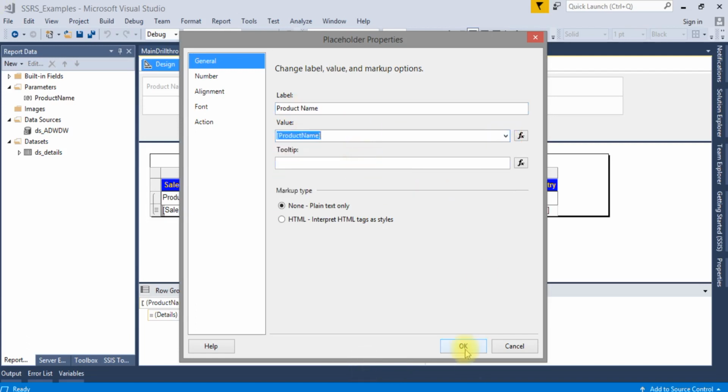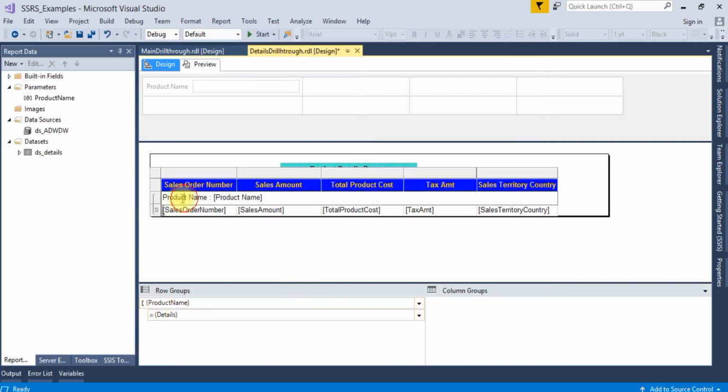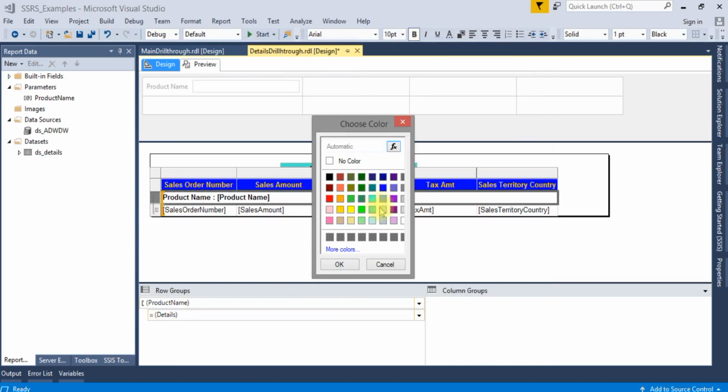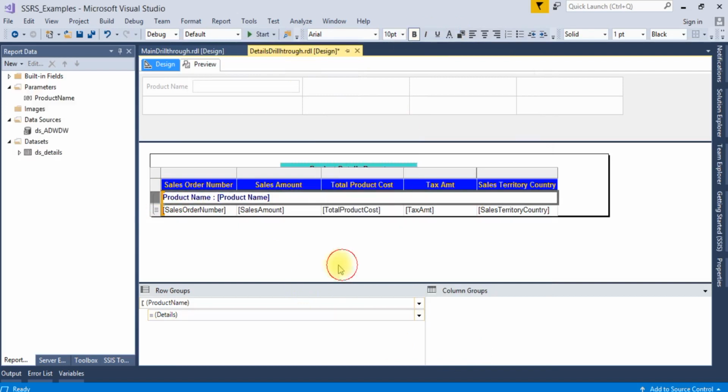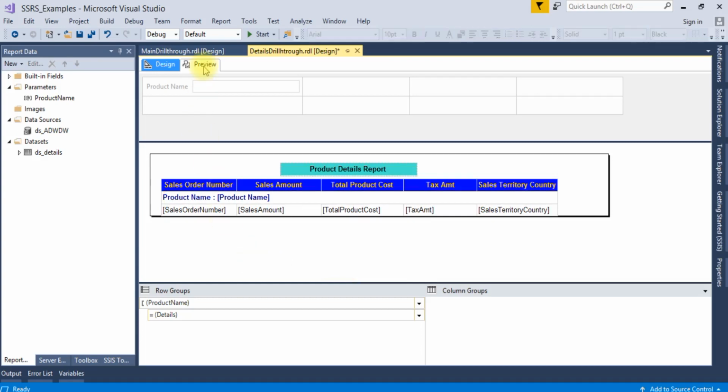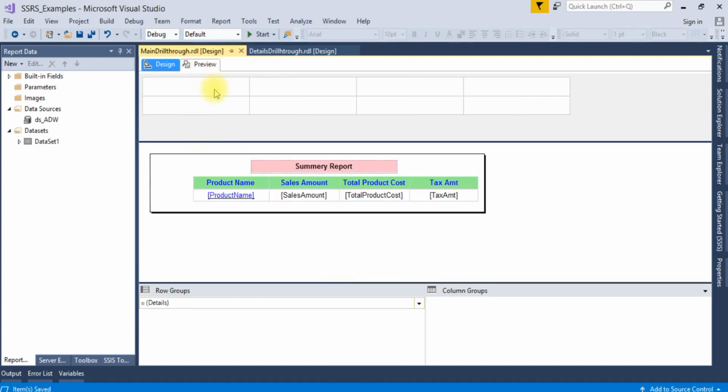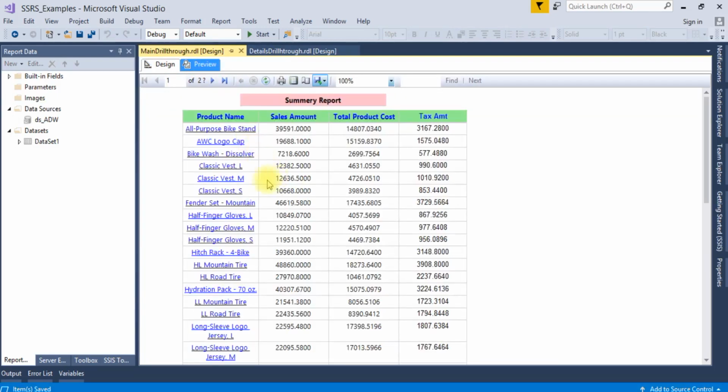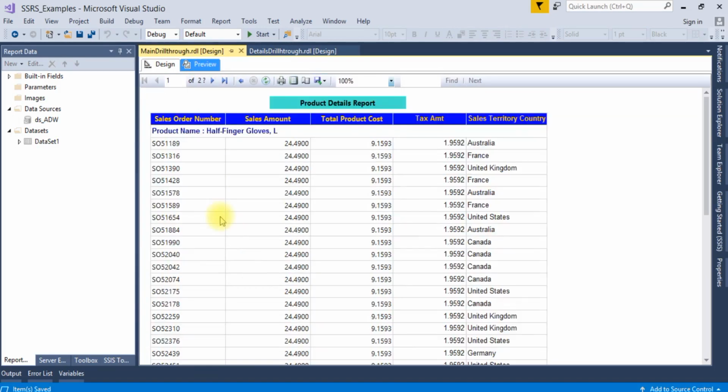Select the product name here, make it bold, and give it some color like dark blue. Now save it and run it again. You can see the product name is displaying correctly here.